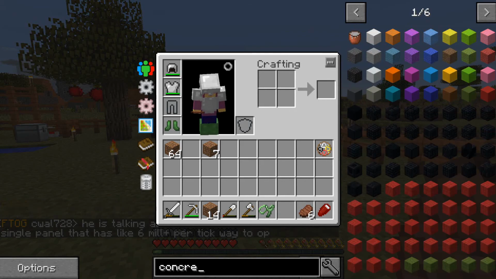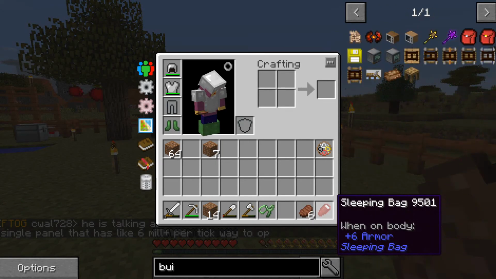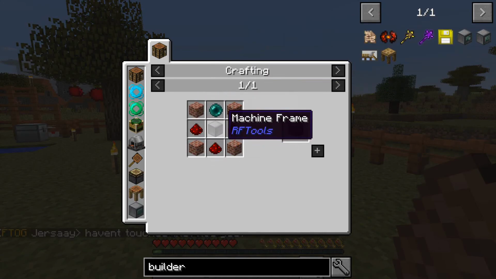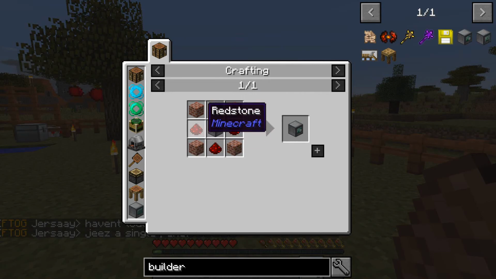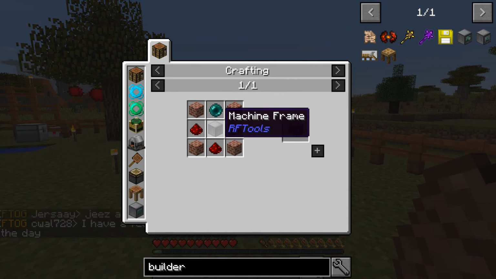What I want to do is create an RFTools Builder, and hopefully it isn't. In fact, if we just put in builder, that would probably make more sense. So this item here, it's a pretty cool item actually. It does require, if I remember rightly, quite a bit of power, but you can just leave this. Now, hopefully I can chunk load an area while this is running in the mining dimension, and I won't have